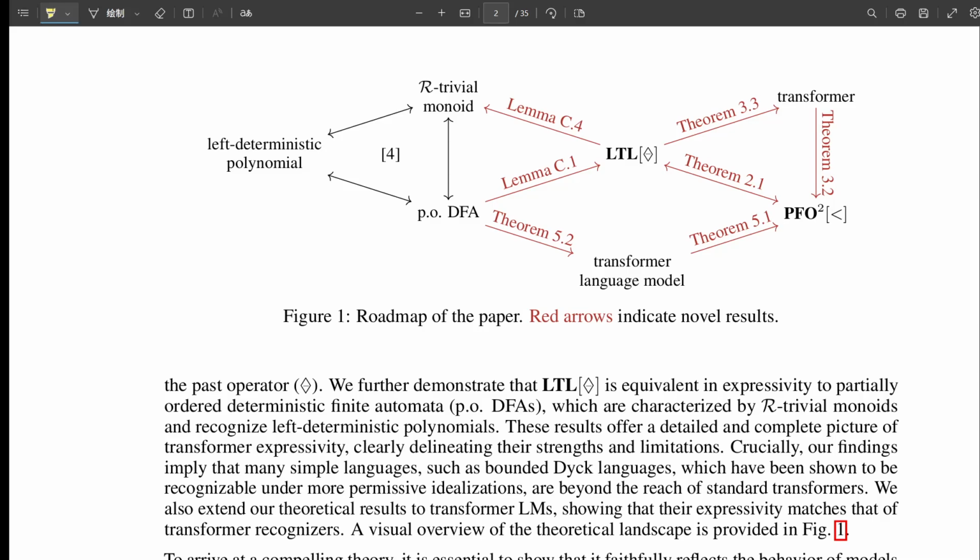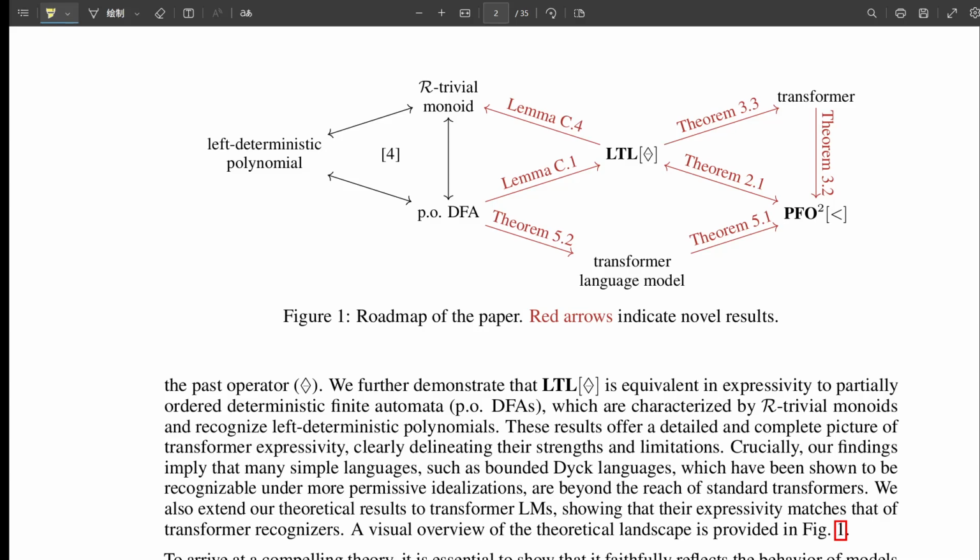It's huge because it provides the first exact characterization for this type of transformer model. It's not just an upper bound. It's no more powerful than X, or a lower bound. It's at least as powerful as Y. It's saying the power is precisely equivalent. It pins down the computational nature of these widely used models to a well-understood class from logic and formal language theory. That resolves the open question very definitively.